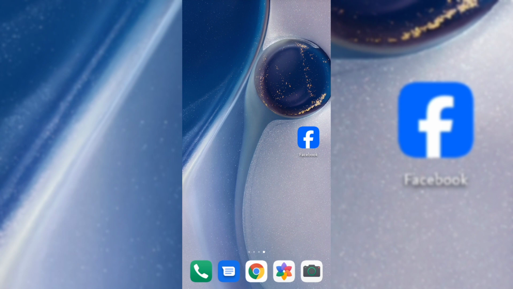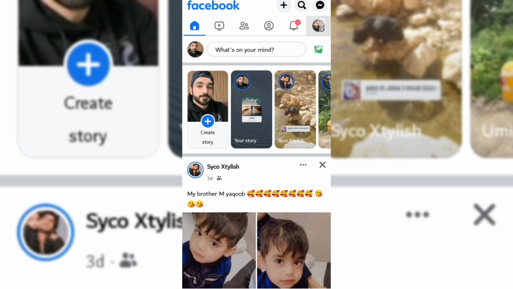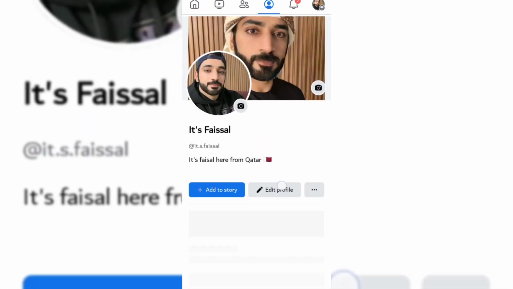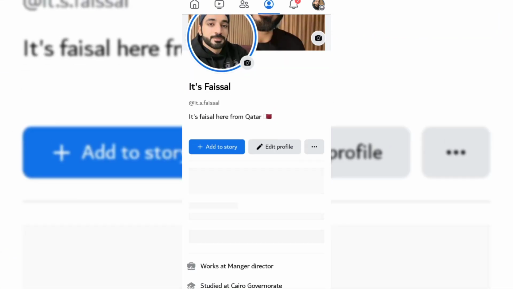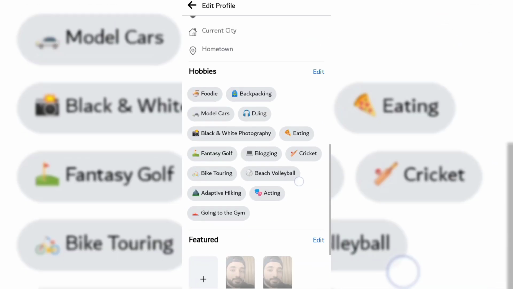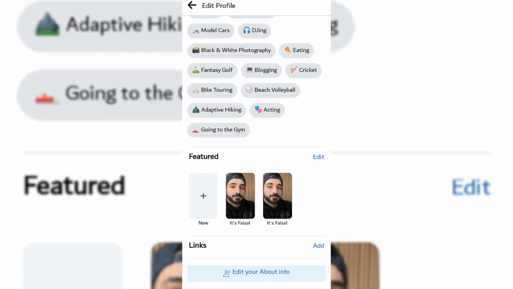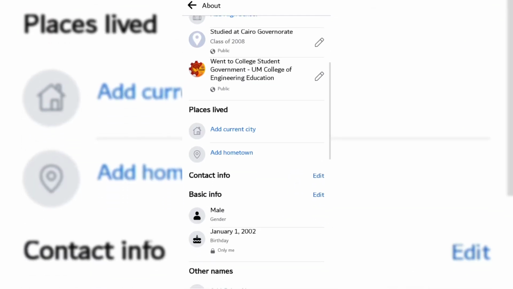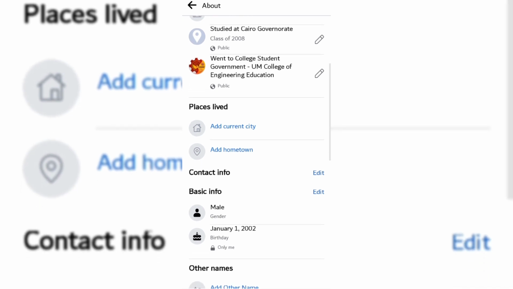Let's open up the Facebook app. Tap on the menu icon, go to the profile, tap on edit info, scroll down. Here you can see edit about info. Just tap on here. Now scroll down and here you can see basic info. Under basic info you can see the gender. Let's tap on edit